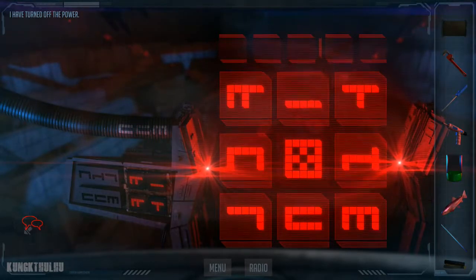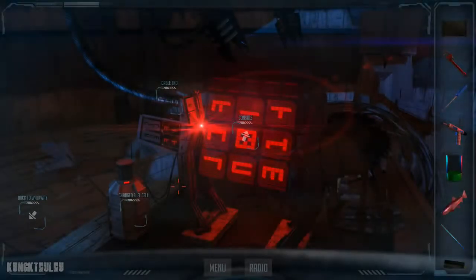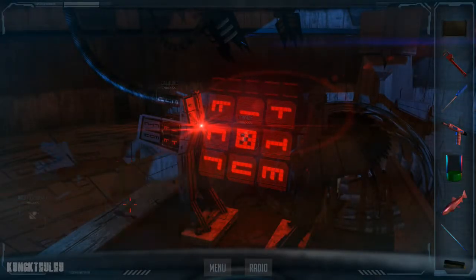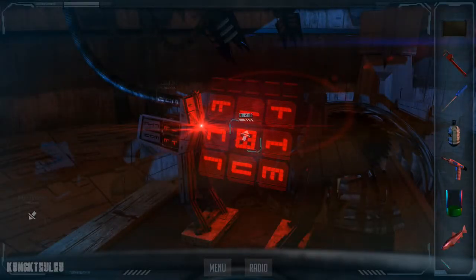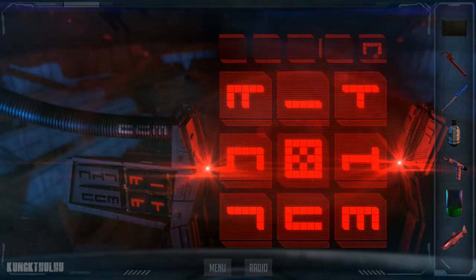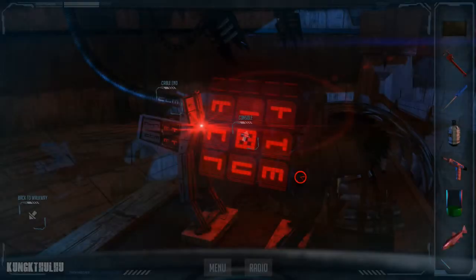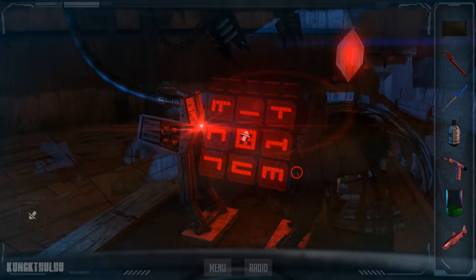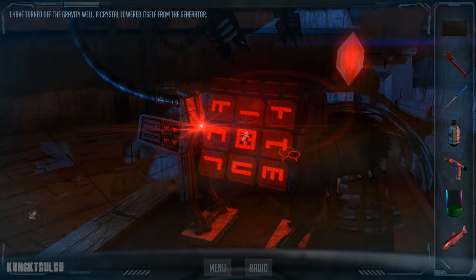I have turned off the power. I have turned off the gravity well. A crystal lowered itself from the generator.